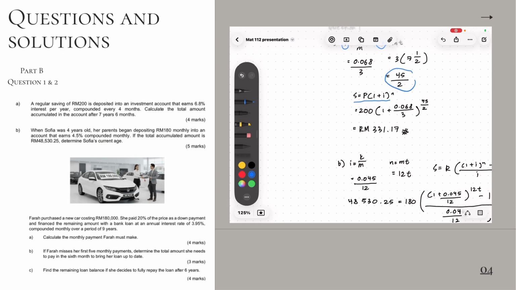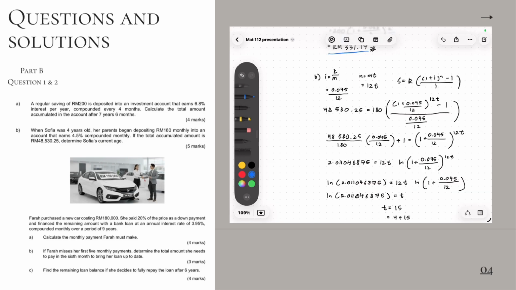So put all the information into the formula. 201 plus 0.068 over 3, to the power of 45 over 2, and put it in the calculator, you will get 331.17. Moving on to question B, they ask, when Sophia was 4 years old, her parents began depositing 180 monthly